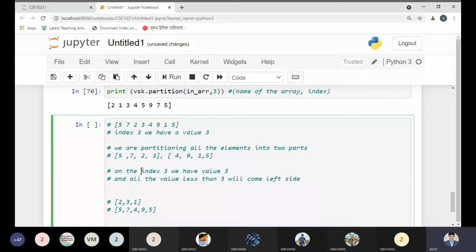See, this is index, I'm talking about index 3, and this is value 3. So values less than 3 will come to the left side, else the right side.